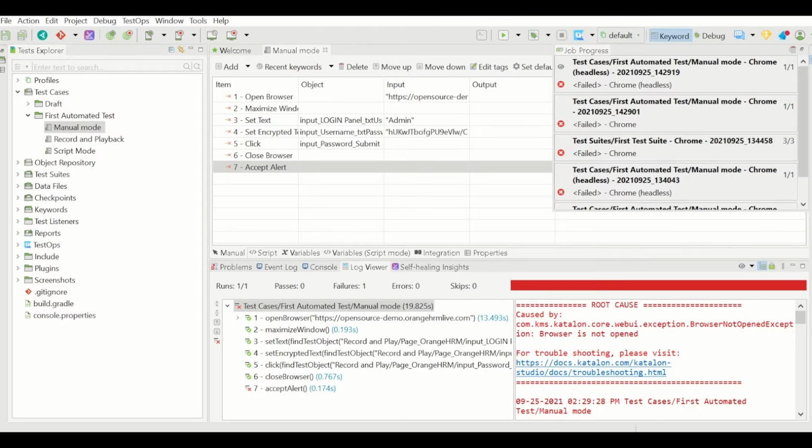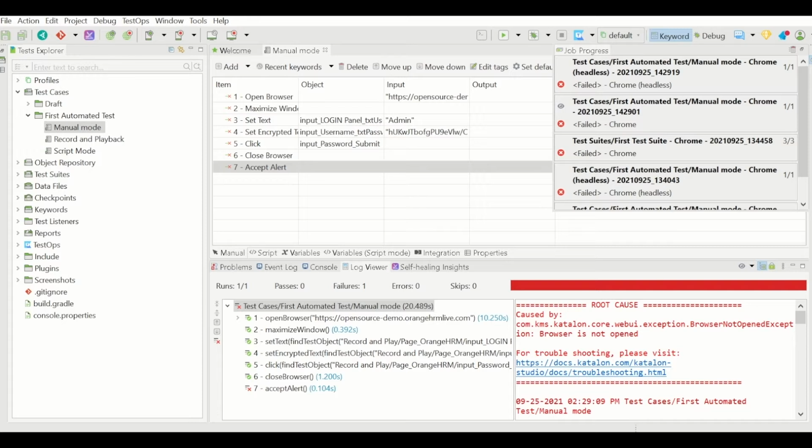You see, in the UI mode it has failed, and even in headless mode it has failed at the same test step. So that means headless browser execution is giving the same result as that of the UI mode, meaning functionally there is no difference whether you execute in the UI mode or headless mode, right? So it is proven that headless mode is not dangerous and it is equivalent to the UI mode. The only difference is you just can't see the application, everything happens in the background.